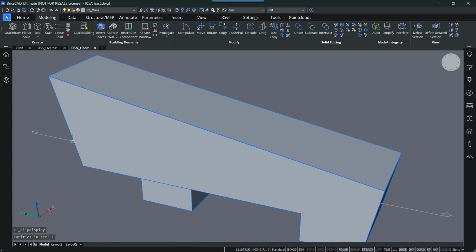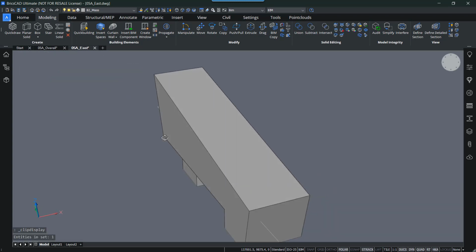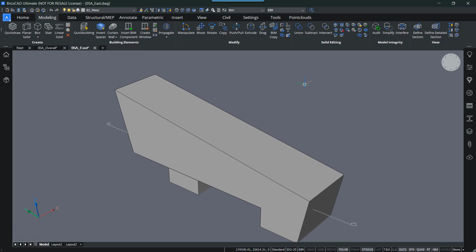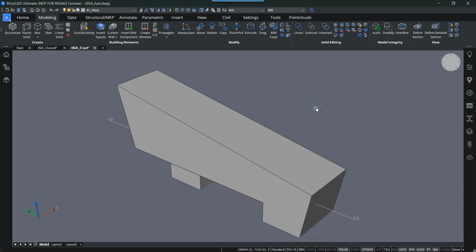If I close the section, you see how it looks from the outside. It doesn't have too many differences, but if I hover over it, it's still one big solid. But of course in BIM the ideal workflow is to have all separate entities, so for each and every wall and every slab, a rooftop and so on, you would like to have it as a separate entity so you can store separate BIM data inside of it as well.